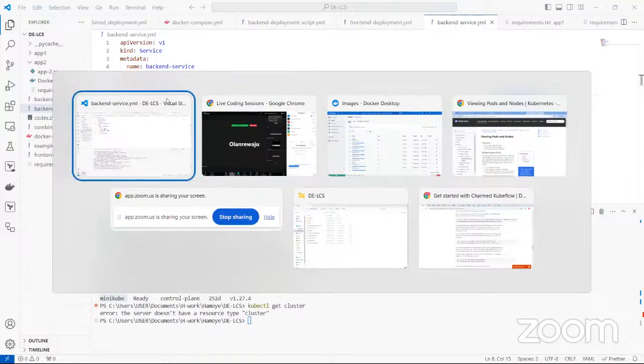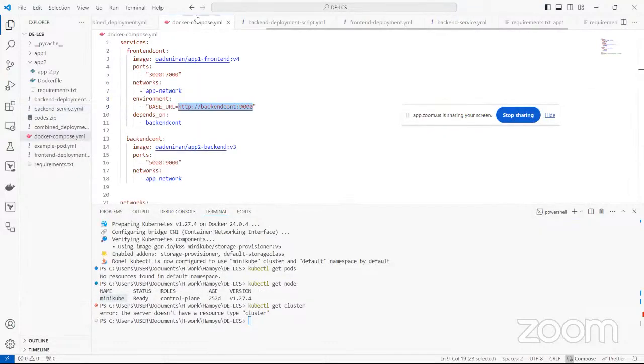for Docker, or let me see if we have it in our Docker Compose. Yeah, when we're running these apps, this is Docker Compose. When we're running this app, you can see that we have something here where we have like 5,000 to 9,000, 3,000 to 7,000. So if you remember correctly, you know that 3,000 is the port on our local system, and then 7,000 is the port inside the container. That's basically what this is. So Docker was interfacing with our local system directly. So we have a port on our local system, and we connect it to a port on our